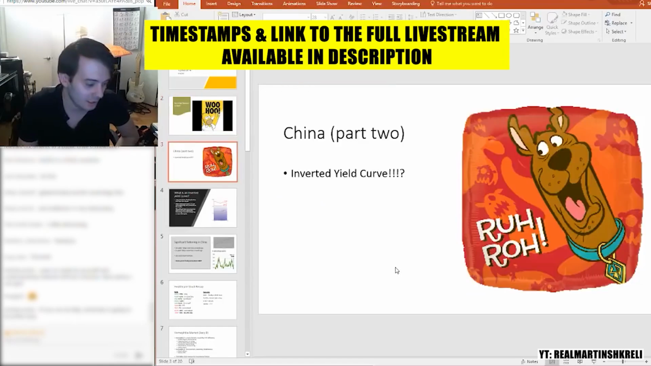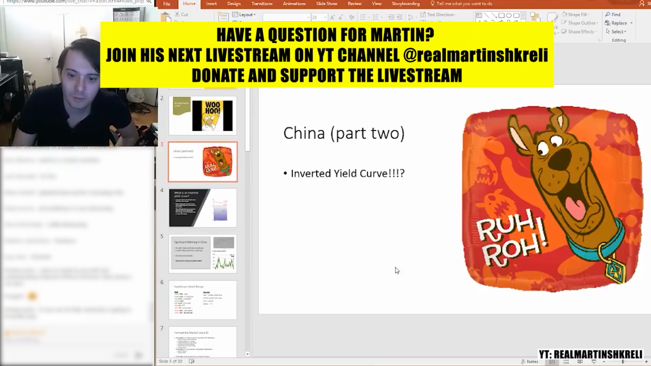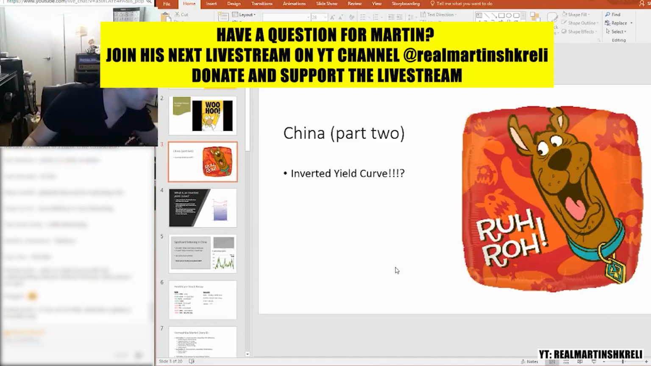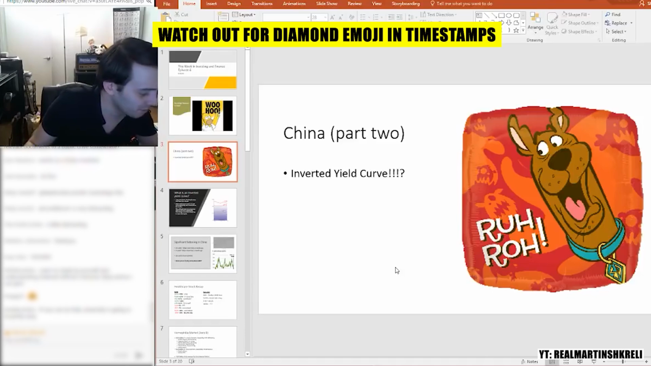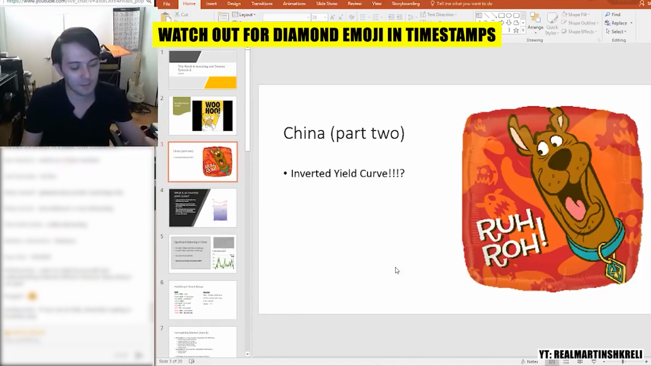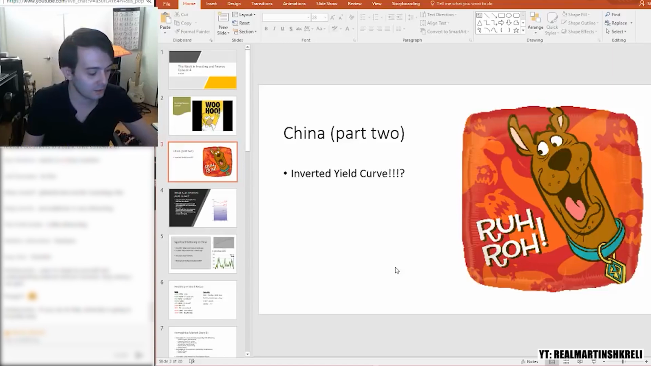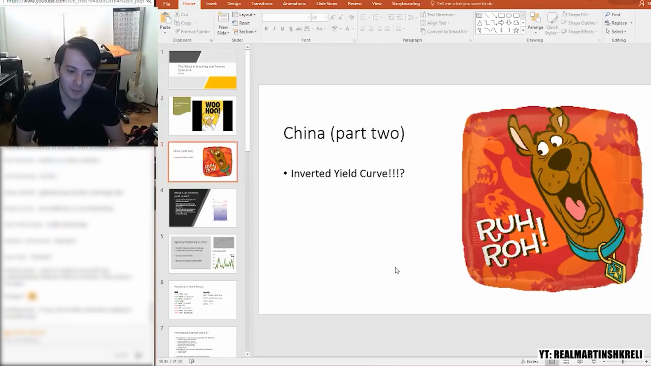But I did notice that China now has an inverted yield curve. Some of you may be asking, what is an inverted yield curve? Well, I'll explain that to you in a second, but this is really notable news. I'm not a macro guy at all. I think you guys know that. But when I see an inverted yield curve, I definitely stop and ask myself what is happening, because it's a